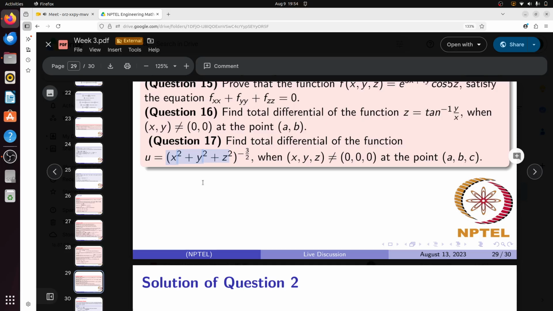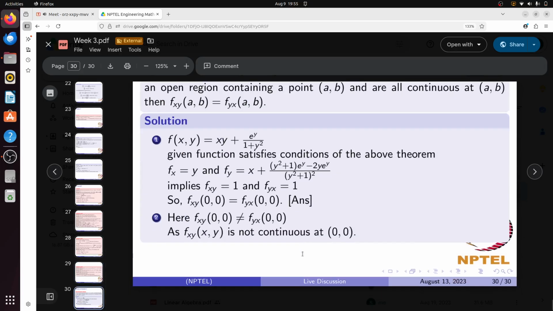So you can write u equal to r to the power minus 3. Then you take del u del x, del u del y, del u del z, and you can write it as r to the power minus 3, so minus 3 r to the power minus 4 del r del x. Then you calculate del r del x, and because of axial symmetry, del r del x, del r del y, and del r del z are all the same. So it makes your life a bit easier. And del r del x equals x over r.